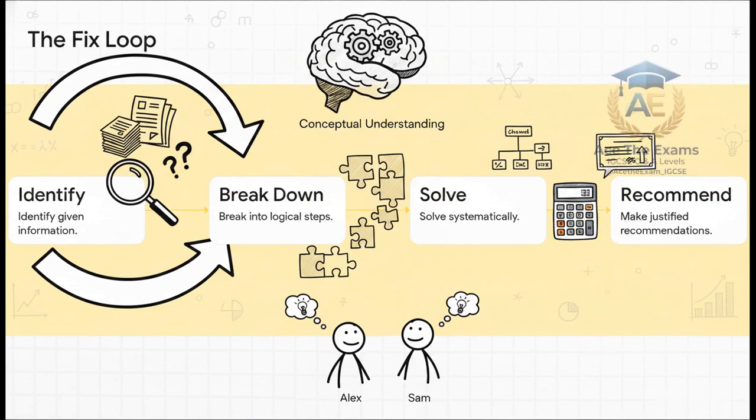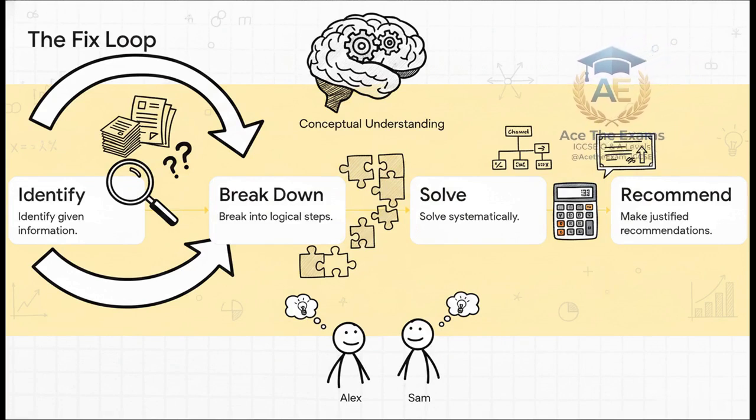First, you identify the given information. For example, maybe a department is making a $10,000 net loss. Next, you break it down into logical steps. Are those fixed costs unavoidable? Will they exist even if we close the department? Then you solve systematically, checking for reasonableness as you go. And finally, make justified recommendations on whether to actually shut it down. By using this strict logical loop, Alex and Sam instantly debug their messy paragraph and upgrade their argument into a